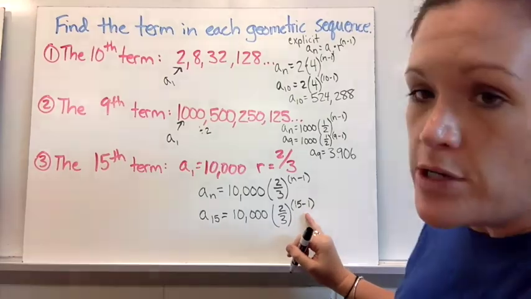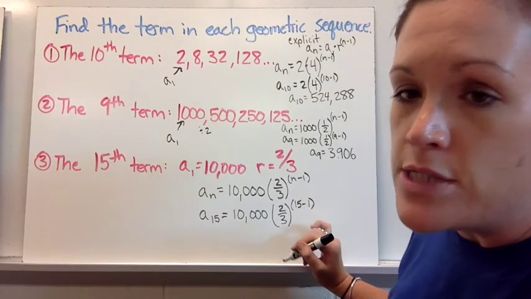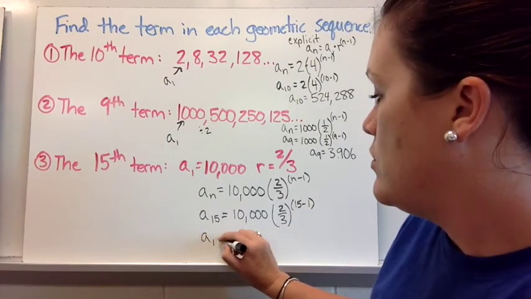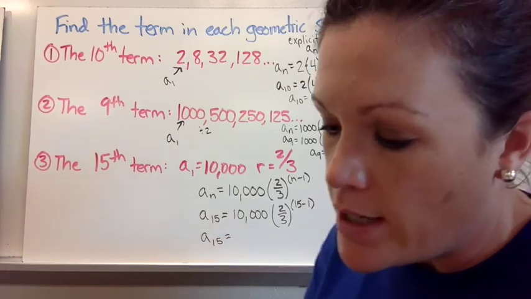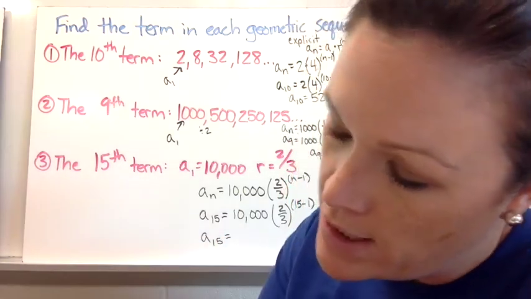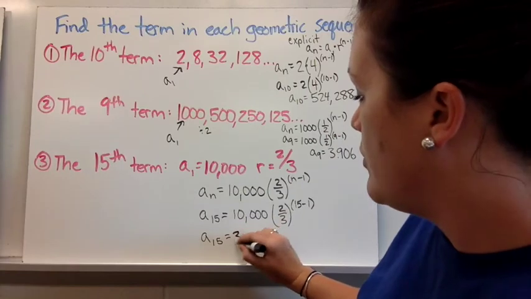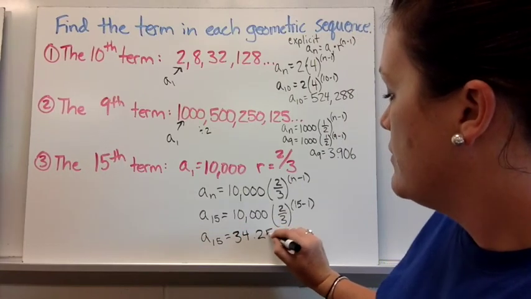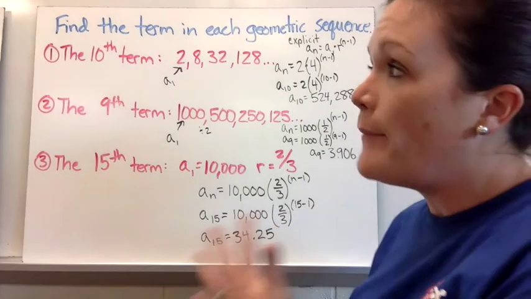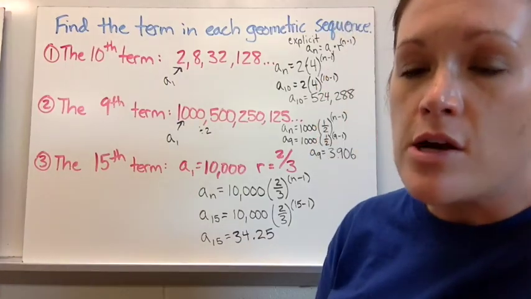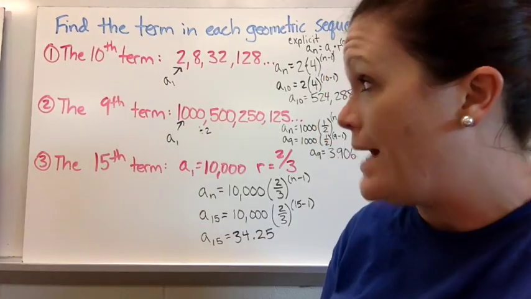And you can do that part in your head, of course, and just put 14, like if you were typing this in your calculator. No problem with that. I'm just writing it out. So I did this one ahead of time, and it is 34.25. So like I said with arithmetic, these are some examples of what they could ask you about, but there are definitely more questions they could ask. But use